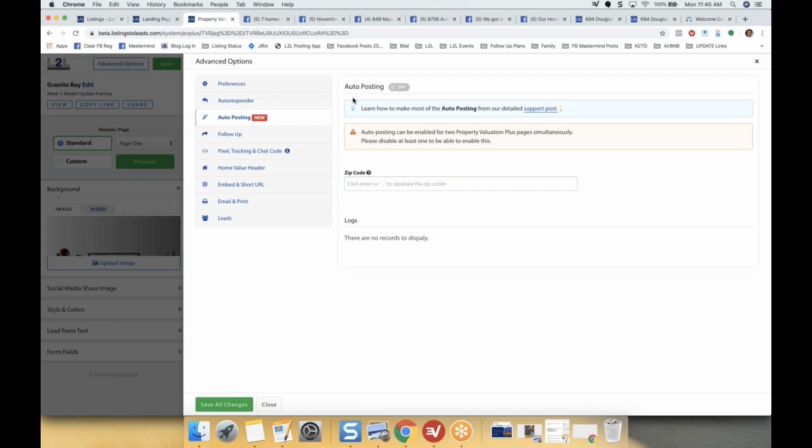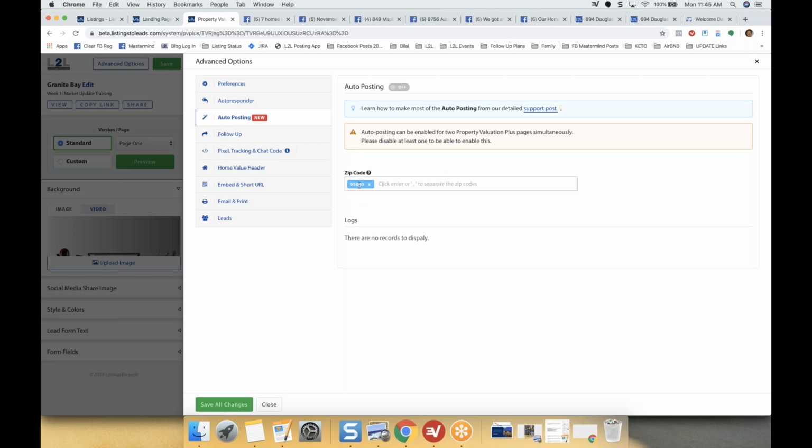All right, well, if you don't have 2 already set up for auto posting, just flip that switch from off to on. You'll just click it and it'll go on. And you put in a zip code right there and click Save All Changes, all right? And that way, A, that landing page will auto post, and B, we will hit that zip code, right? In this case, 95630. And I think you can add up to 5 zip codes, if I remember correctly. You know, so we will take the home sales data for that zip code, right? And that's what will be